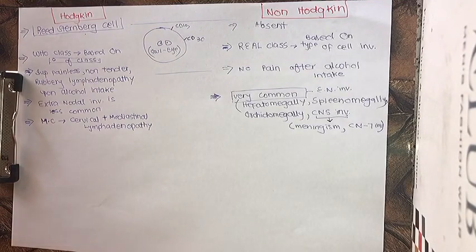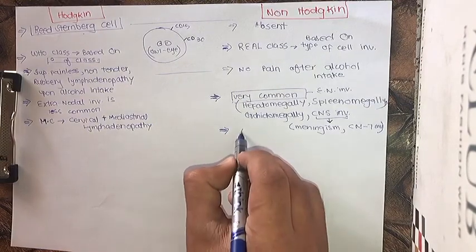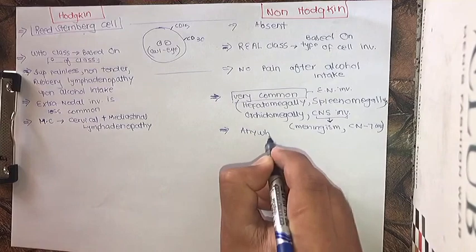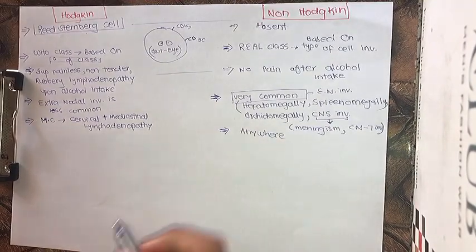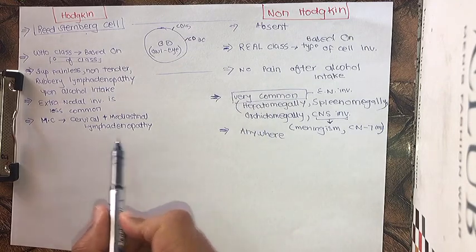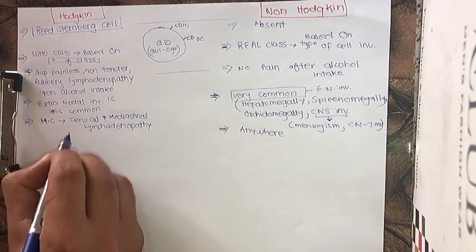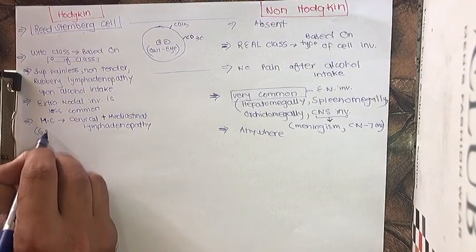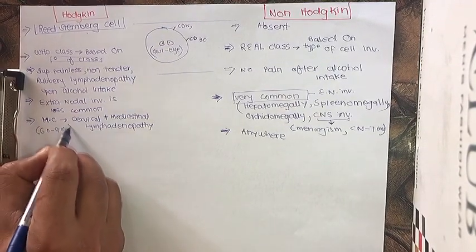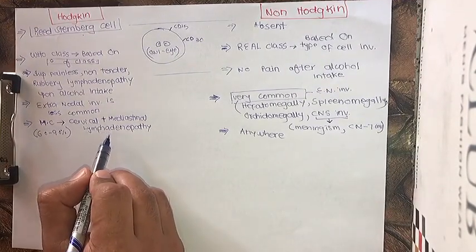The most common presentation in case of Hodgkin's lymphoma is cervical plus mediastinal lymphadenopathy, whereas in case of non-Hodgkin's, it could be anywhere. As we have seen, its extranodal involvement is very common, so it's not just one place, it could be any. This is most common, meaning 60 to 90% of the patients present with cervical plus mediastinal lymphadenopathy,